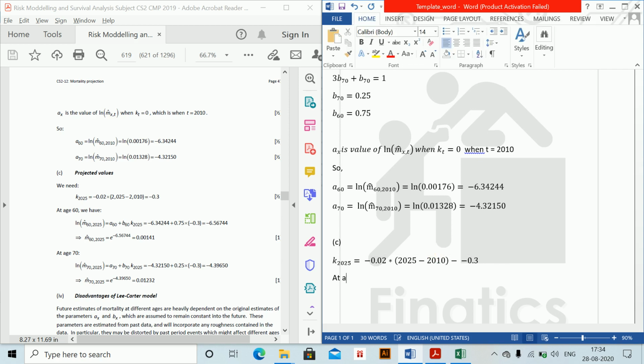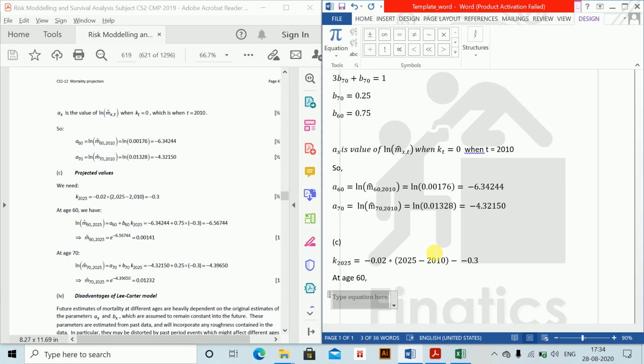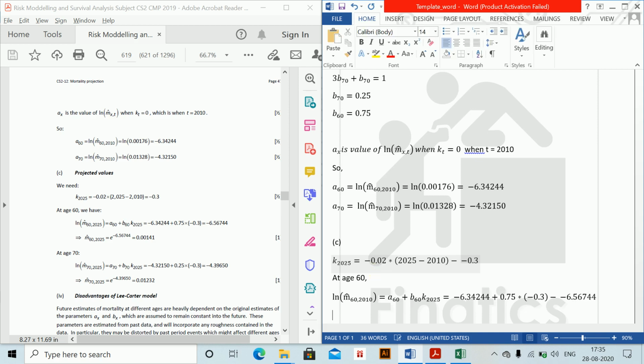At age 60, we need ln, so a60 plus b60 k2025 is equal to minus 6.34244 plus 0.75 into minus 0.3, which is equal to minus 6.56744. Therefore this value without ln